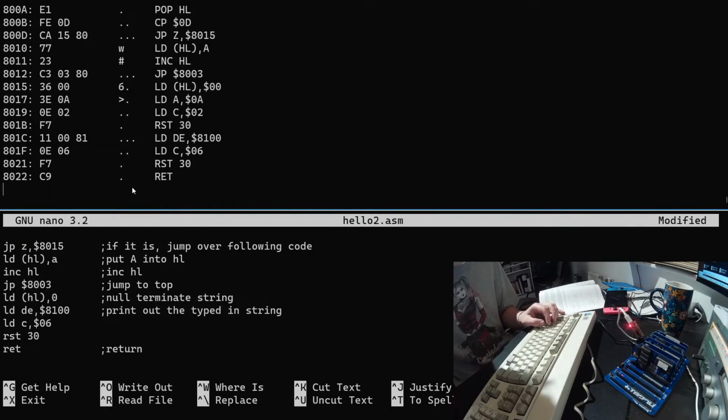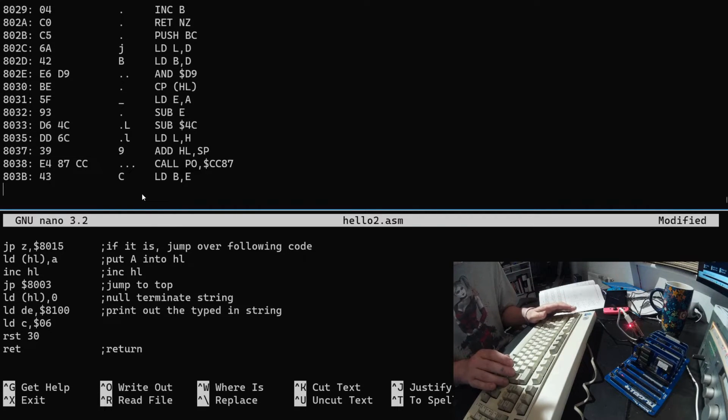D 8000. So what I had to do was change that, specifically that. So 0D is carriage return, 0A is line feed, or the other way around, I forget. Either way, it was printing out the text over itself because it had moved the cursor back to the beginning of the line, but hadn't gone down a line. So now if I run this,